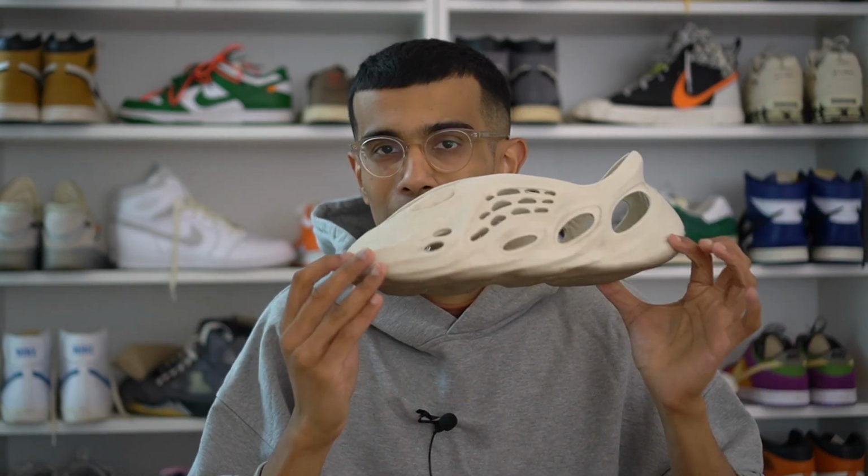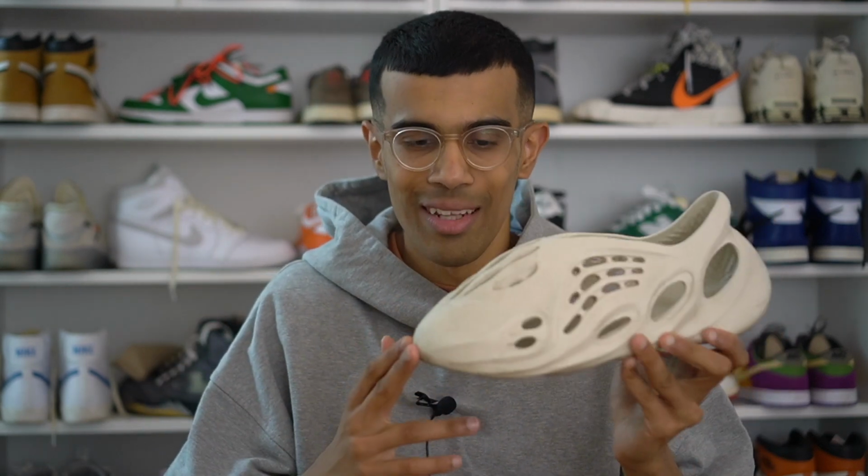So I normally wear an 11.5 in all my Yeezys. I went with a size 11 in the foams, and I also compared it to wearing a size 12, and for me the size 11s fit a lot better. And after wearing these for 3 months, I'm definitely very glad I went with the size 11, because the shoe,